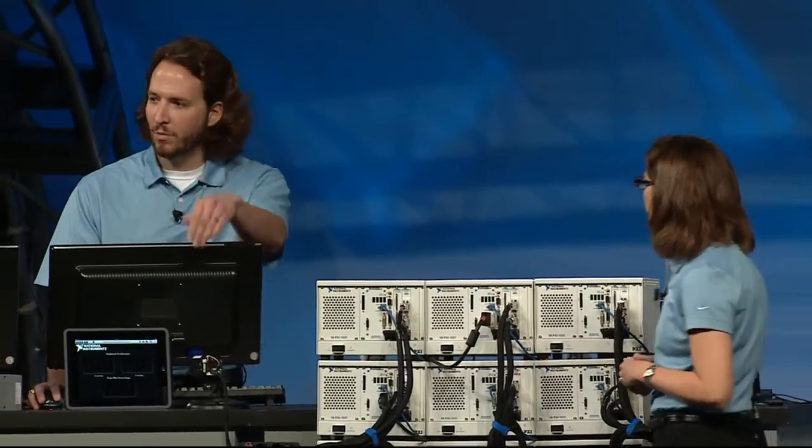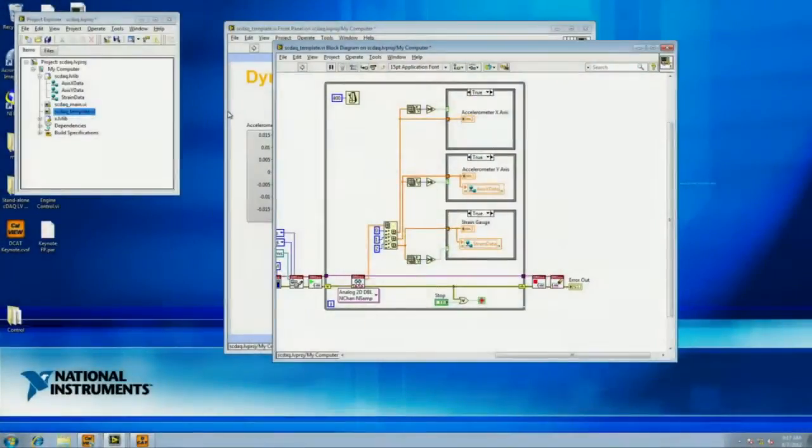Now, we do realize that a lot of engineers still want to be able to view their data as it's being acquired. So Tom, could you show us how to accomplish that? Sure. So let's say I want to display live data on this iPad here. I can use the same LabVIEW application to publish LabVIEW shared variables through a wireless connection from the standalone CompactDAQ system. I'll just add a couple of variables,